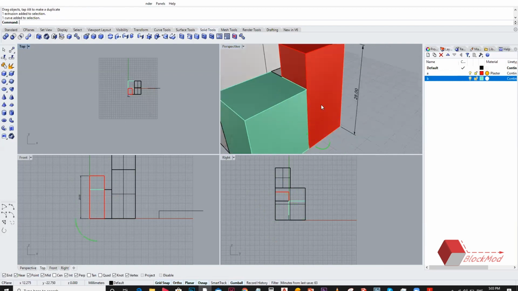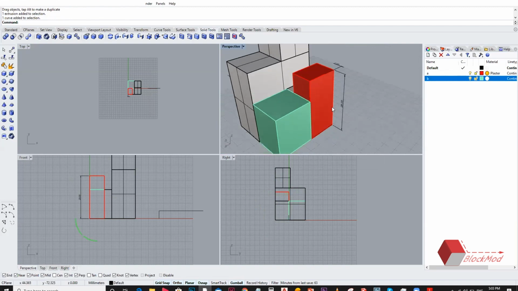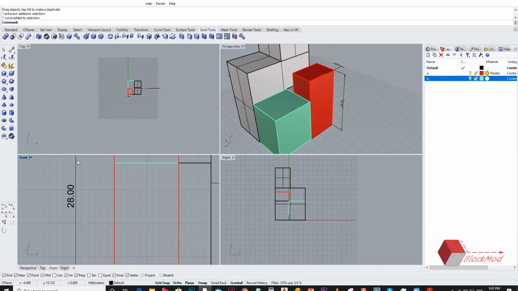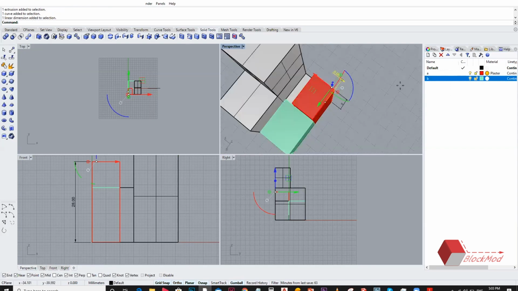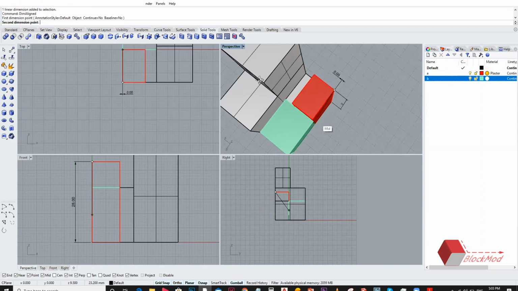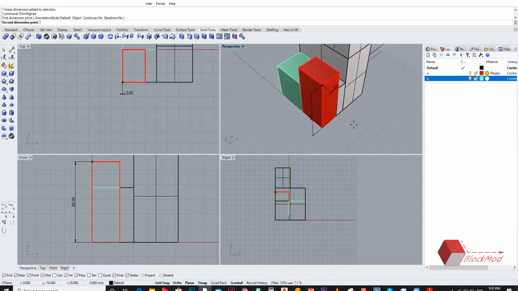So when you give the dimension in the perspective, actually you want the dimension in a vertical way. That is the reason you have to provide it in the front elevation. If you provide it here, there's no way I can give a dimension something like this. So in a perspective, dimension never works.